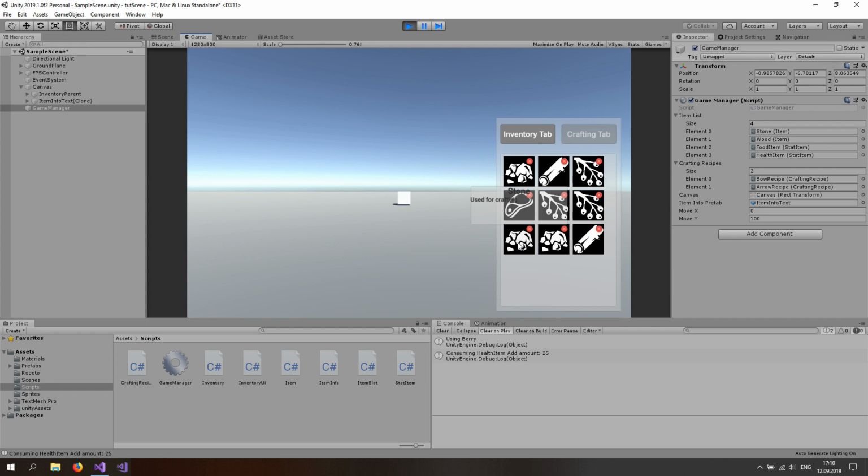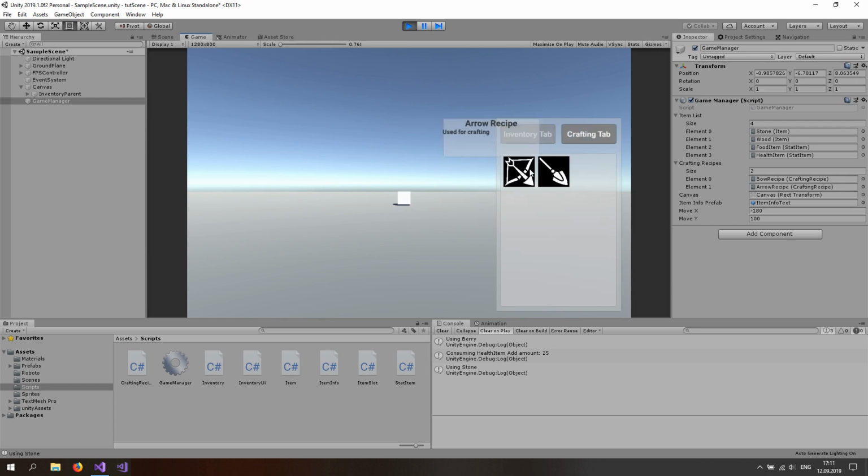And now we need to move the X-axis to the left. So just go to the move X and let's say minus 80. Okay, we still need a little bit more. So let's go like minus 160 and still a little bit more, 180. Okay, that's perfect. So now if we hover over items, we see on the left top that it's describing the